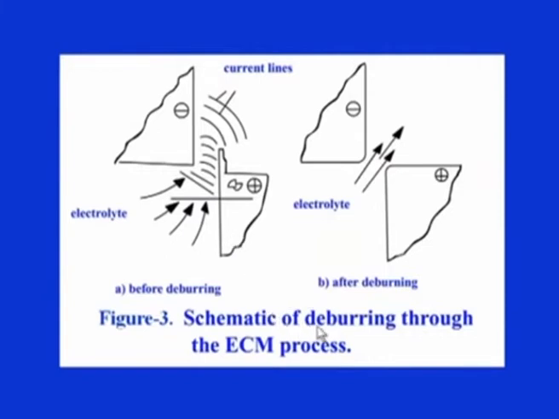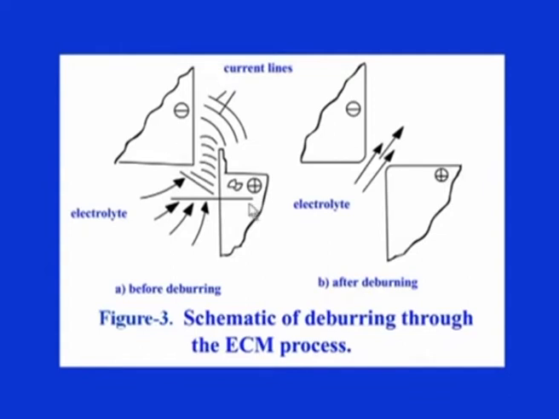This is an application of this process in which the burr removal is carried out. So, this is a burr which is a result of some other process, and as such this is an undesired portion, as we can see on this screen. So, this needs to be removed. ECM is one of the processes which is very effective in this case, and here this and this can be used as